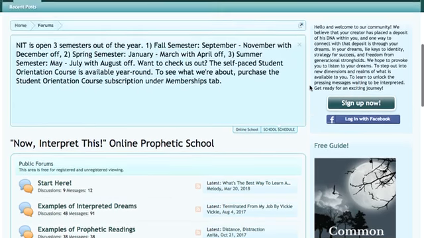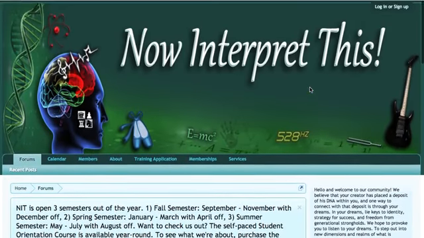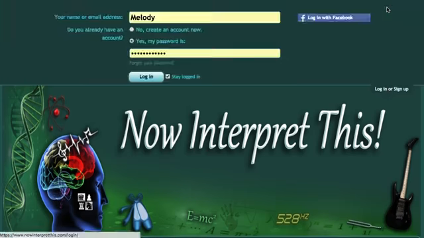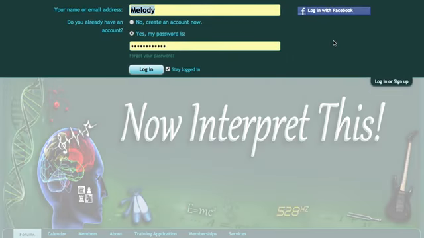Now, let's go back up here. All right, I'm going to click on the login or sign up. Now, you guys are going to answer the question, do you already have an account? If you haven't already signed up, you're going to say no, and then you're going to go ahead and put a username here and then pick a password. Now, let me please encourage you not to put in only your first name. That's reserved for staff and students. So please do not use only your first name.